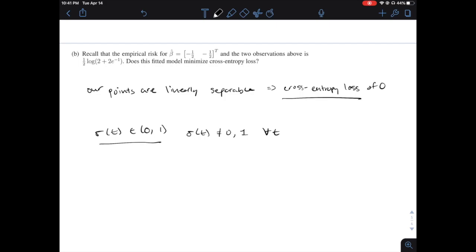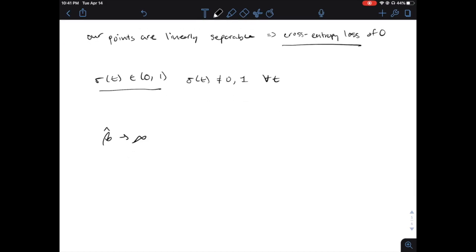So as time keeps going on and our gradient descent algorithm brings us arbitrarily close to 0, we're going to end up with weights beta that approach infinity as time goes on, because there's always going to be a bigger beta hat that gives us a larger output of sigma and makes cross-entropy loss go smaller. For this reason, we can never actually minimize cross-entropy loss because there's always going to be a bigger beta. One thing we could do to prevent this from happening is by regularizing